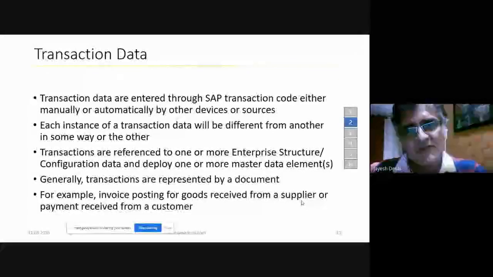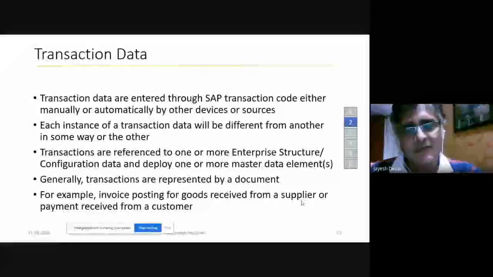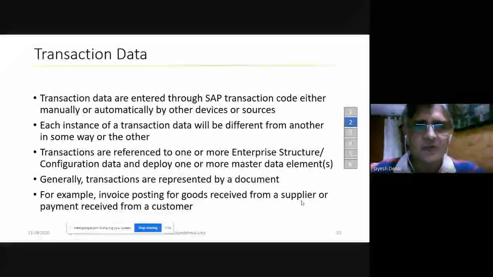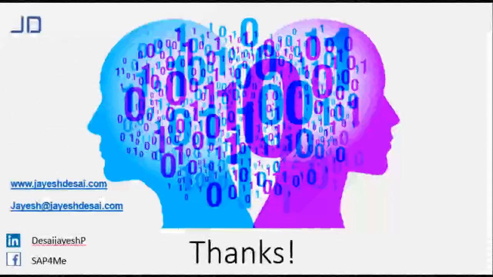So every transaction will refer to one enterprise structure, maybe a company code, for example, or a plant, and one or more data elements like customer or vendor. So transactions are represented by a document. As I said, these documents can't be deleted in SAP. Invoice posting for goods received from a supplier or payment received from a customer are examples, and all of you are experienced enough to know this part very well. So we have covered